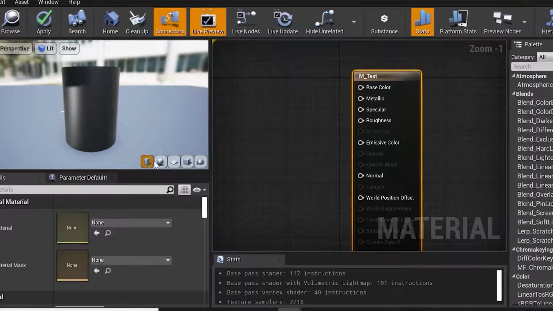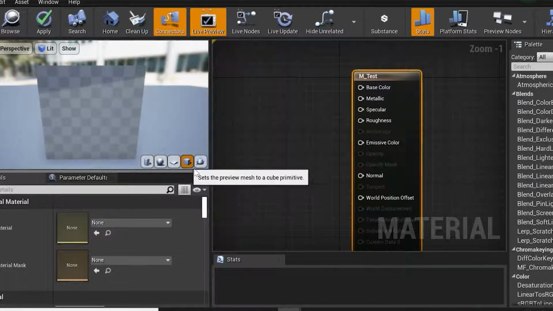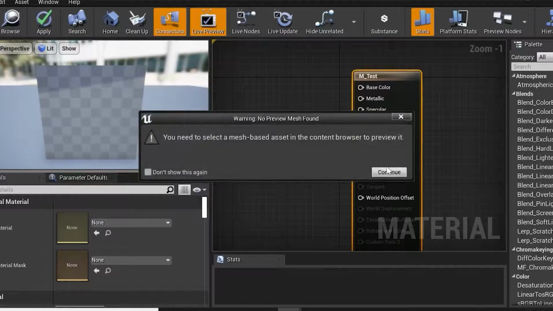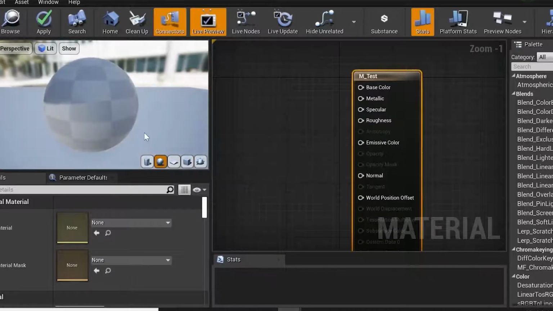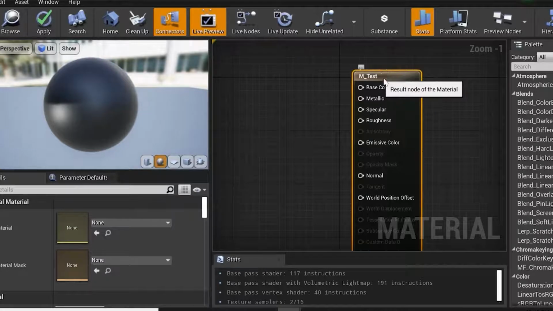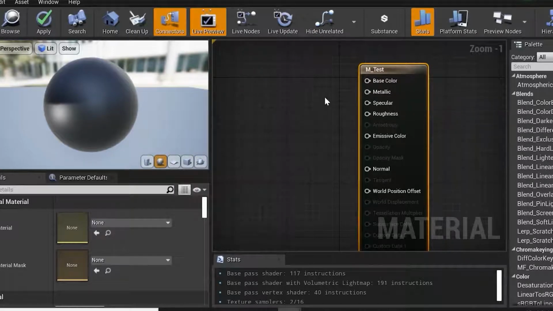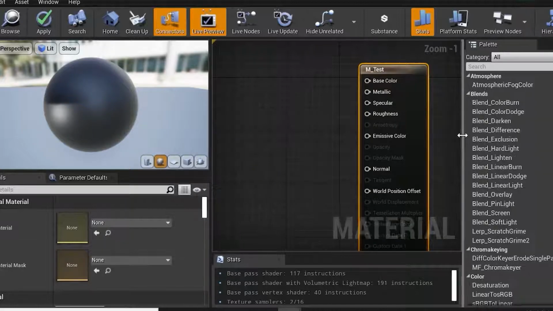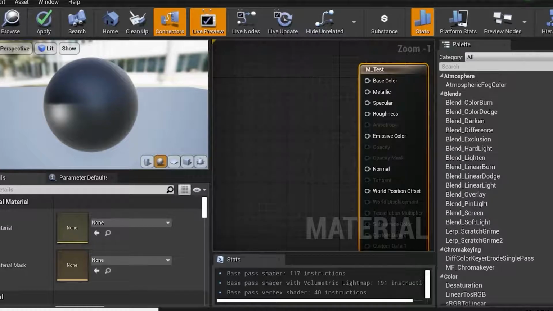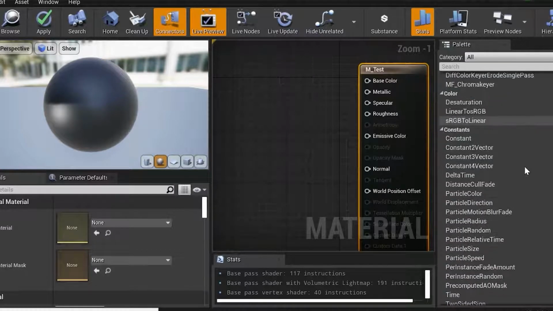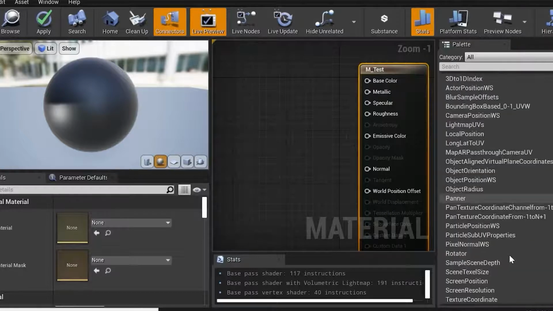If you see this arrow over here, this becomes a plane, this will become a cube, and again, you need to select the mesh over here. We need to select mesh for that. Now how do the material editors work? We have to give different utility nodes to this material, right? So for the material editor, if you see on your right hand side, these are the different options we have in the material editor. If you see, this U means the shortcut for that particular material.